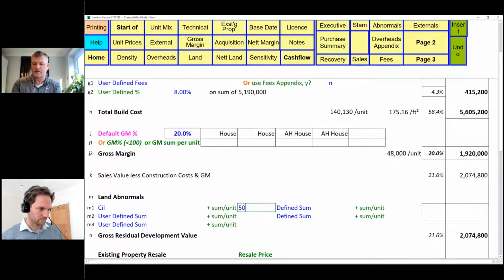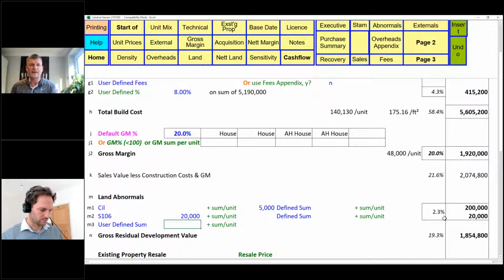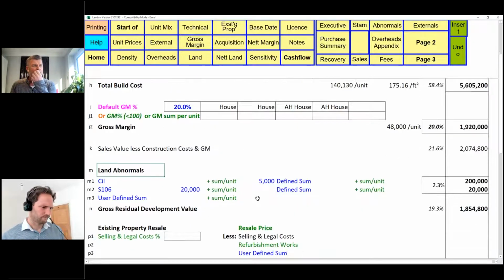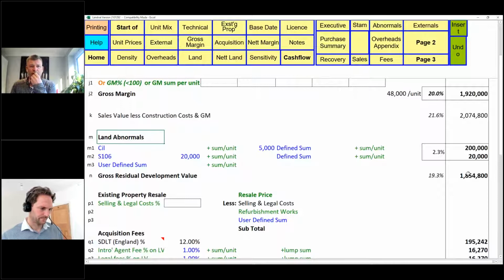So if it is, say, £5,000 a unit, you can see that's 200,000. If it's a section 106, or a SPA payment or other, you can put it in here for say 20,000 or 2,000. You can see that adding in. So you've got a number of user-defined elements you can add, which is your land abnormals, giving us our gross development value of X.